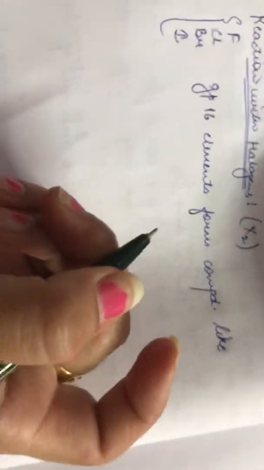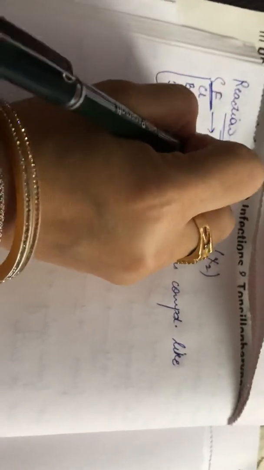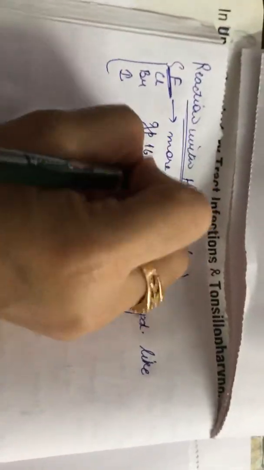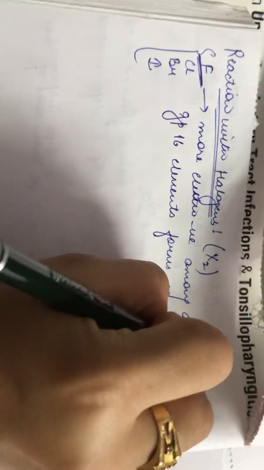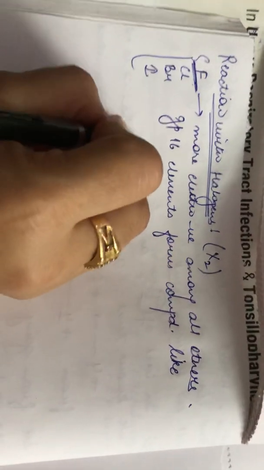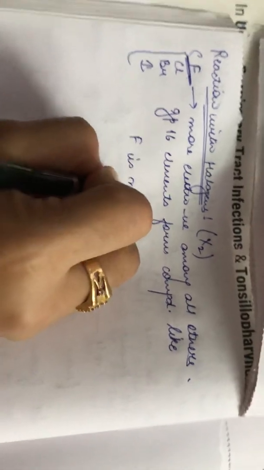First you have to know that here fluorine is more electronegative among all others. In fact, fluorine is more electronegative